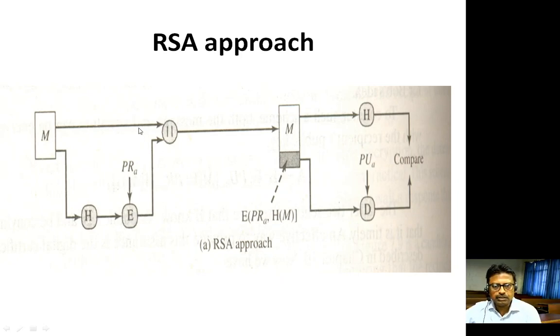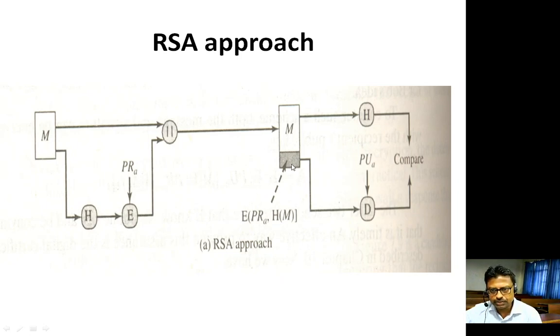The value which is the hash value encrypted by the private key is known as the signature. The original message and the signature are combined together and sent on the network. So whenever the receiver receives it, it will receive two things: one is the message and another is the signature. The signature is the encryption, by the signing algorithm applied with the help of the private key, on the hash value of the message.